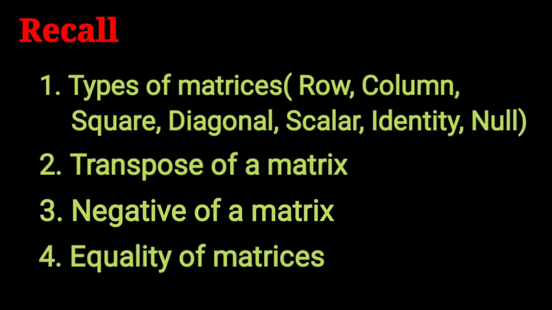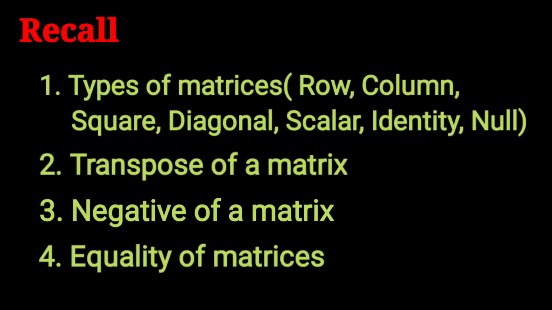By which letter is it denoted? Good. It is denoted by the letter I. I2 stands for identity matrix of order 2. I3 means identity matrix of order 3 by 3. Identity matrix is a matrix in which all the entries along the leading diagonal are 1 and above and below the leading diagonal entries are 0. Then what's a null matrix? A matrix which is of any order but all the entries are 0, then it is known as a null matrix. These are the types of matrix we learned.